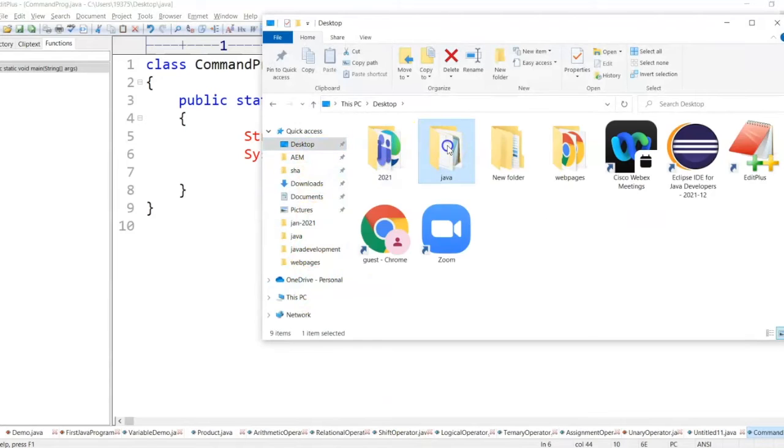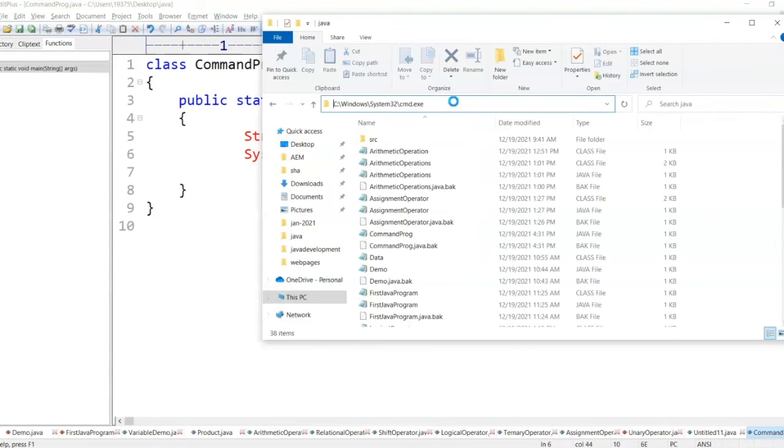Open the command prompt from the desktop. You have Java, cmd, enter.